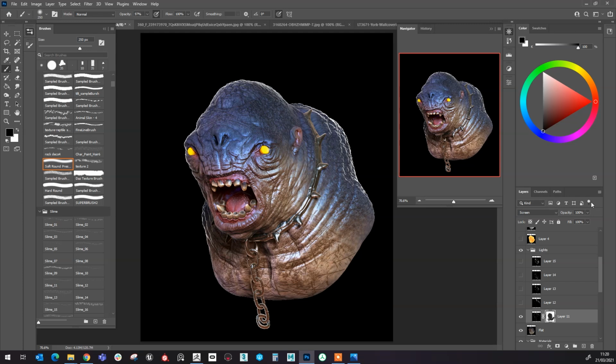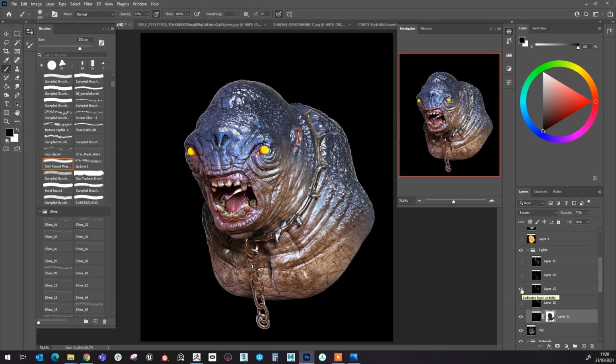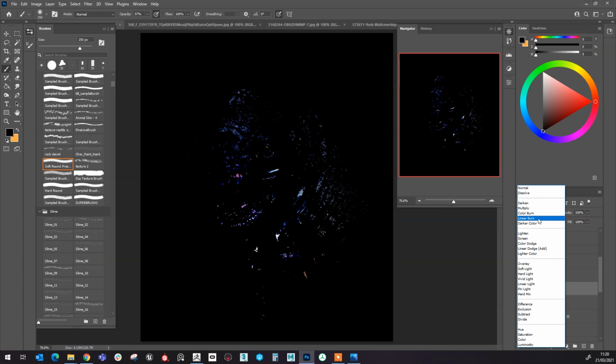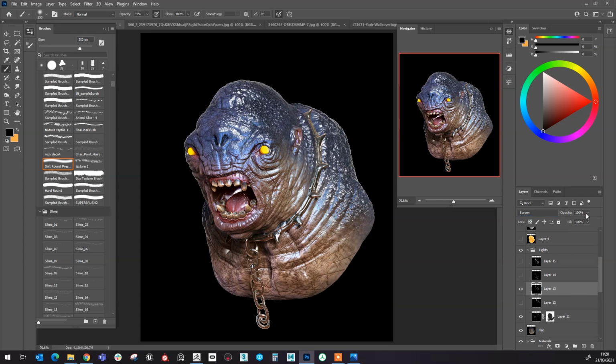Now we can make the rim light slightly less opacity emphasis on it, and then we can move on to the next one, and you can turn them on and off as much as you like and see which ones you think work. If the screen doesn't look like it's working for you, then you can also go to lighten, or any of these other ones within this area here. I think screen's going to work fine for this. We just drop the opacity,